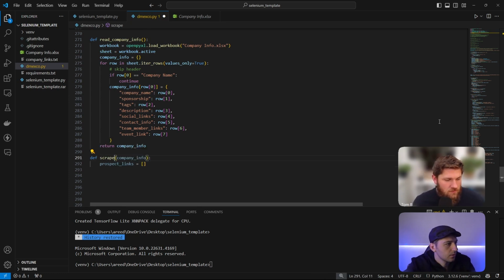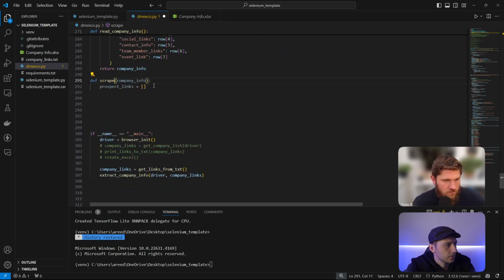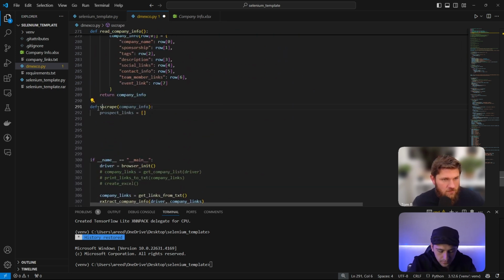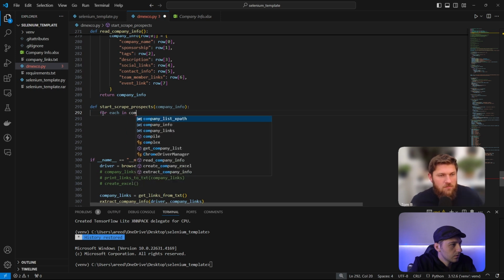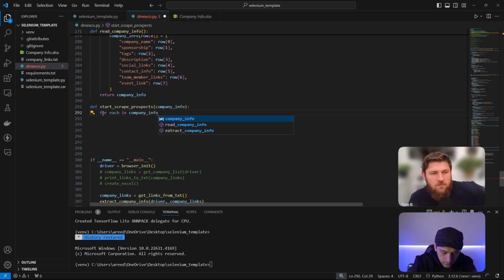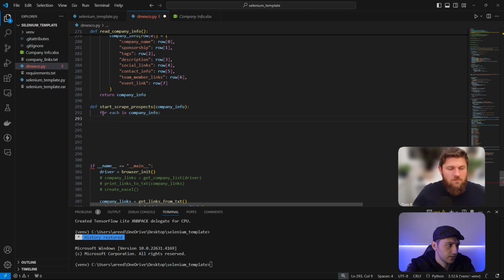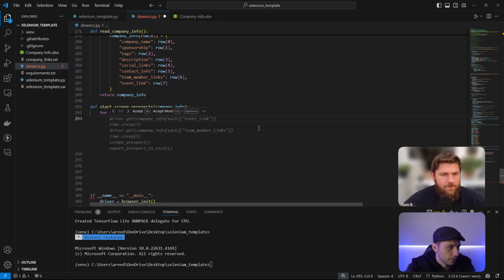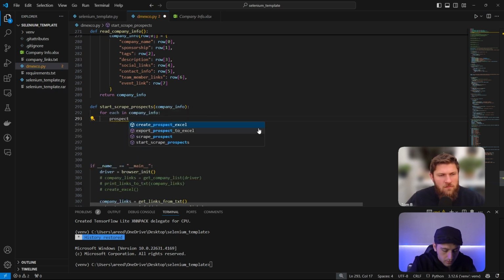scrape. We already have one called scrape prospects. We could go start scrape prospects. So what we're going to do here is go for each company_info, so for each company in the company list, we're going to go prospect_links equals an array like that. And then we're going to go